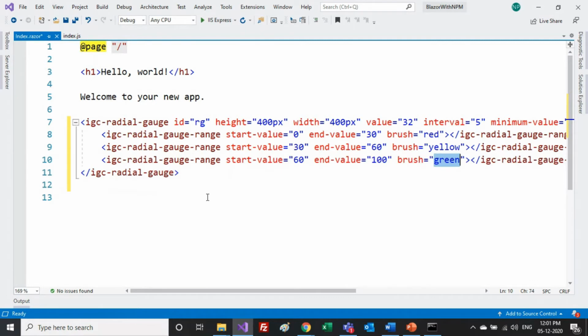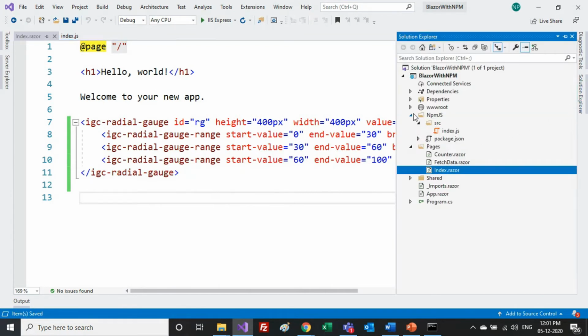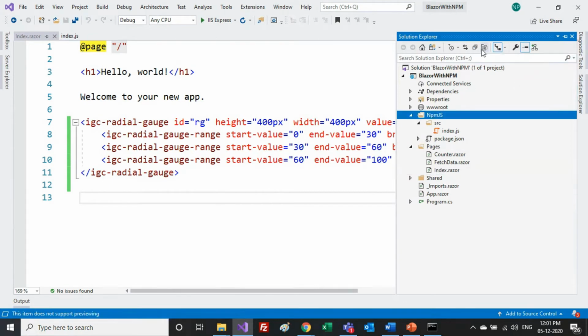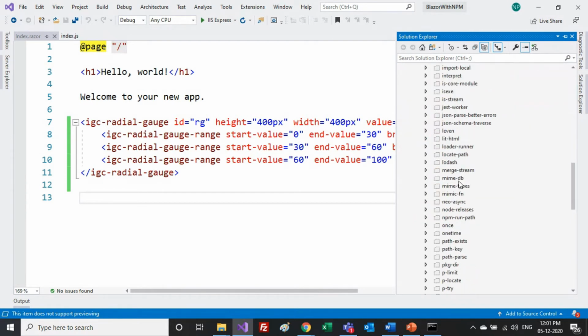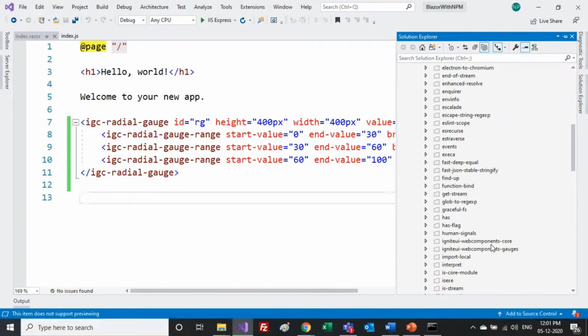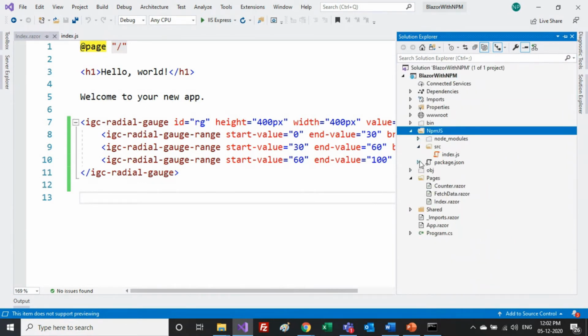So similarly, you can use any other components if you want to check them out or run them. I simply did it this way. Now, before running this application, we are done with almost everything. What we require first, as I told you, is that we cannot directly use this package. If I show you all the hidden files, we have all the node_modules over here. We have all the capability for Ignite, but you cannot directly use it.